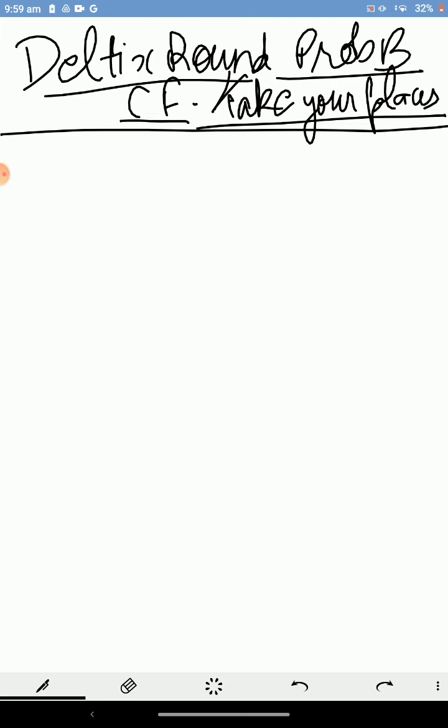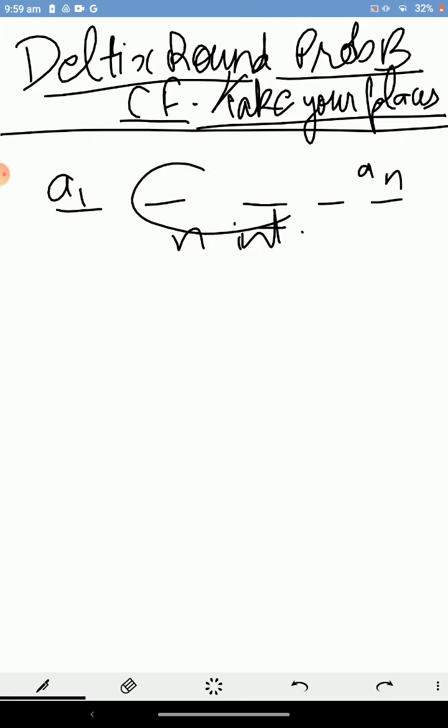In this question, we are given an array of n integers, from a1 till an. In one move we can swap a neighboring item, like this. Items Ai and Aj are said to be neighboring items if the absolute value of i minus j is equal to 1.